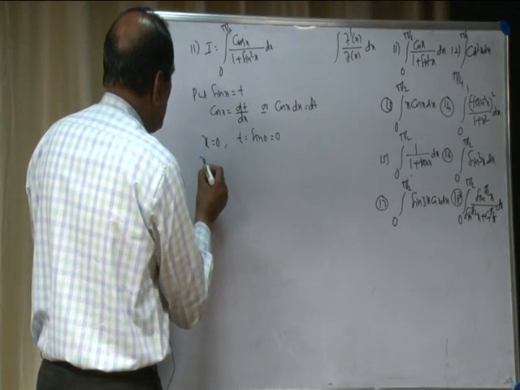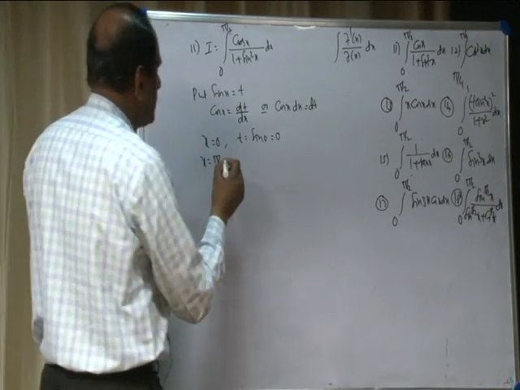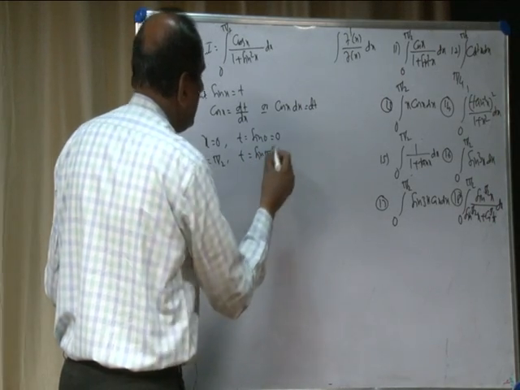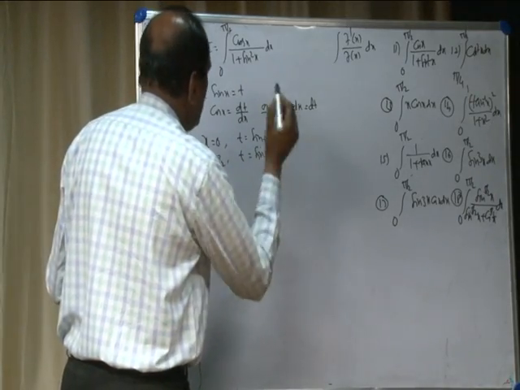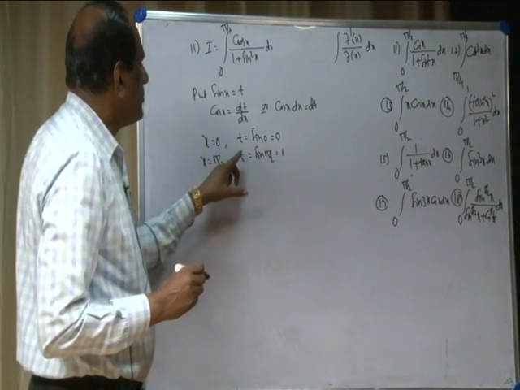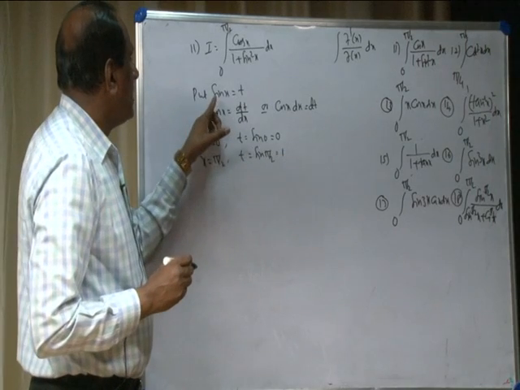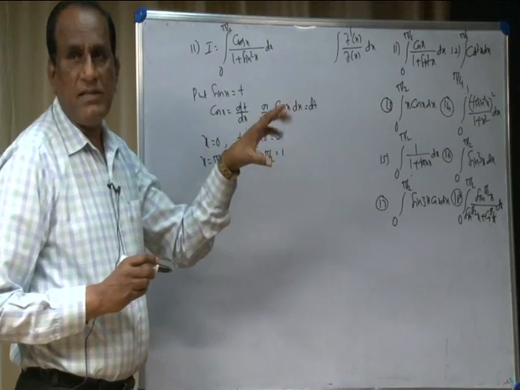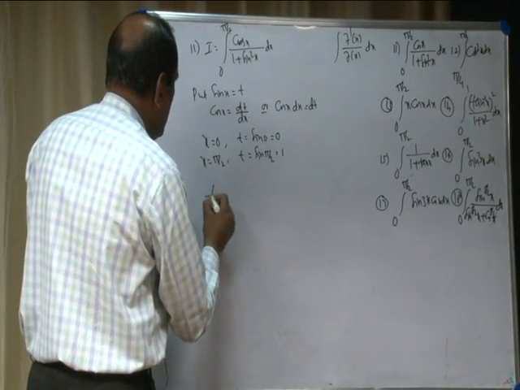When x is equal to pi by 2, the upper limit, t is equal to sin pi by 2, that is sin 90, whose value is 1. Therefore, the limits 0 to pi by 2 change to t is equal to 0 and t is equal to 1, and the variable x changes to t. Therefore, this method is also called the change of variable method. Now, the given integral becomes